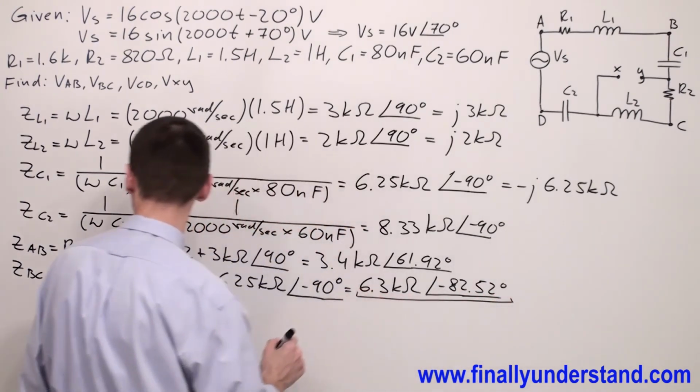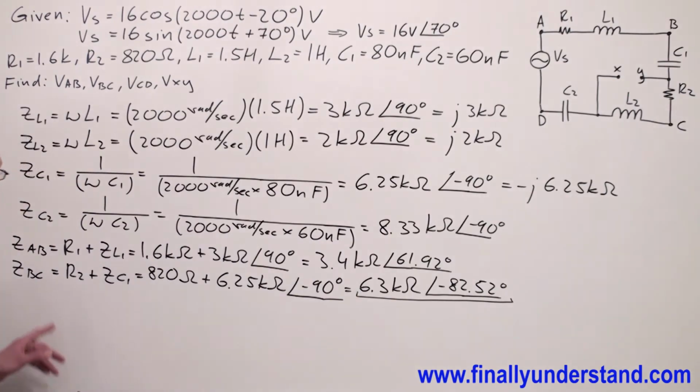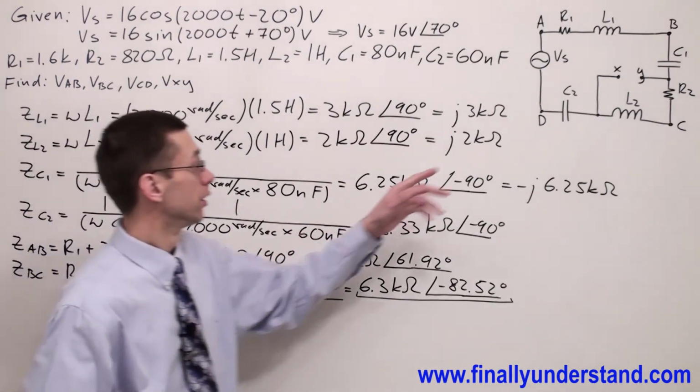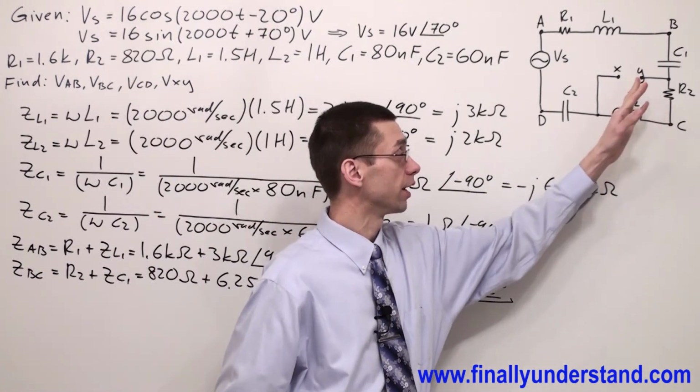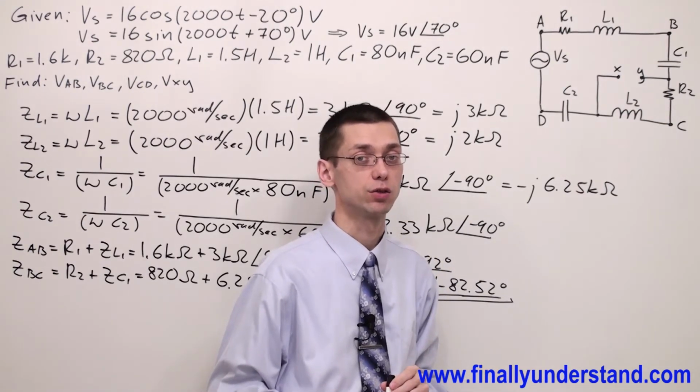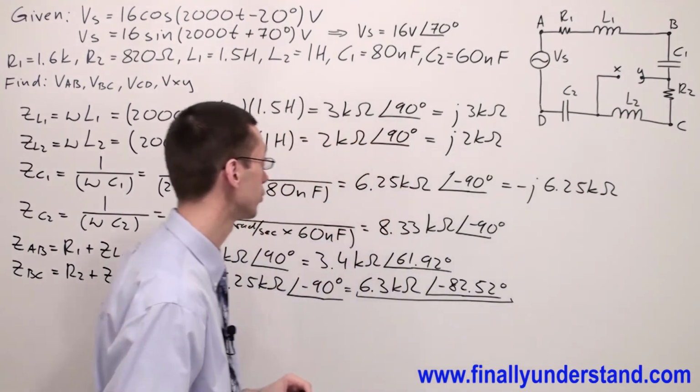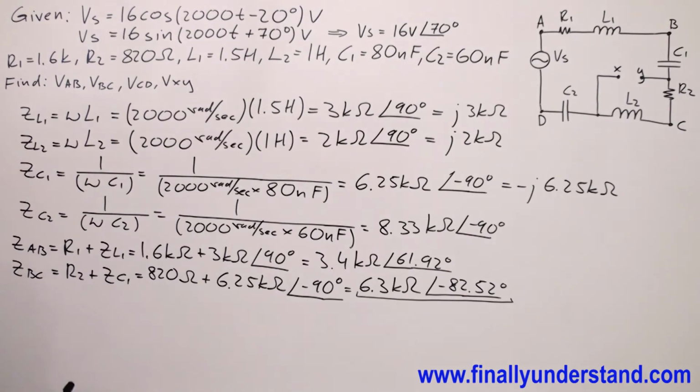Okay, so this is the impedance of the resistor R2 and impedance of capacitor C1 together. Next, we're supposed to find the impedance DC. Okay, so I have Z DC, or we can say ZCD, this is the same thing, so we can say ZCD is equal